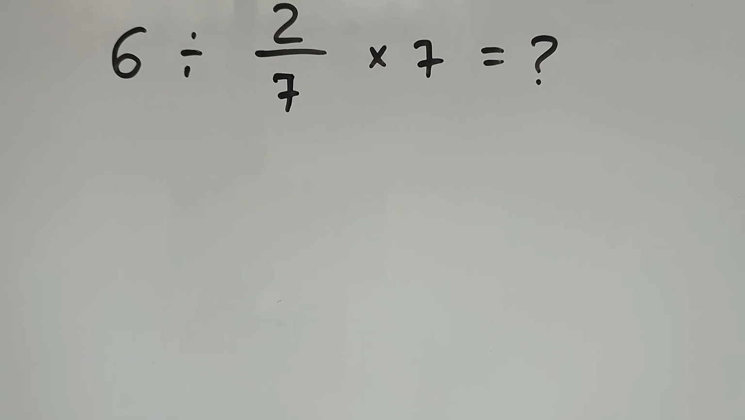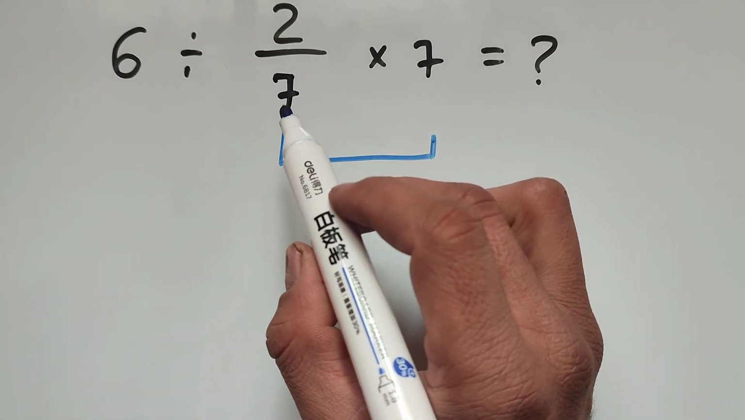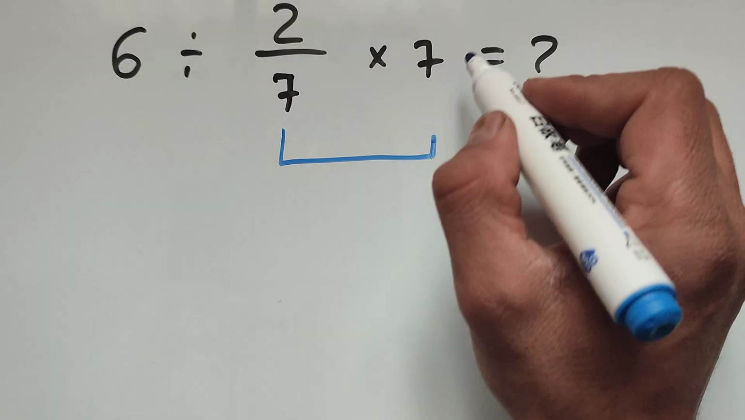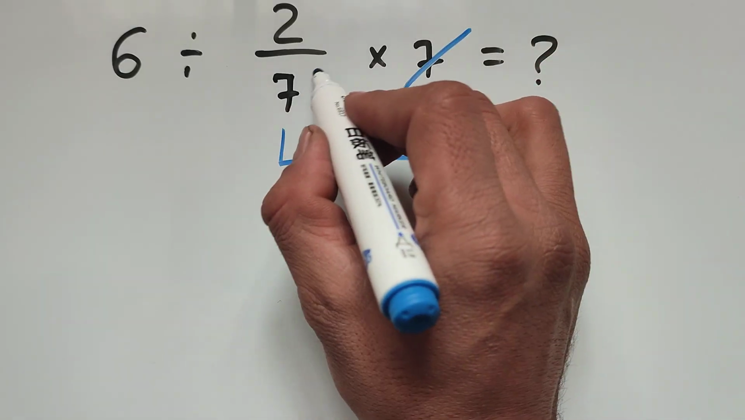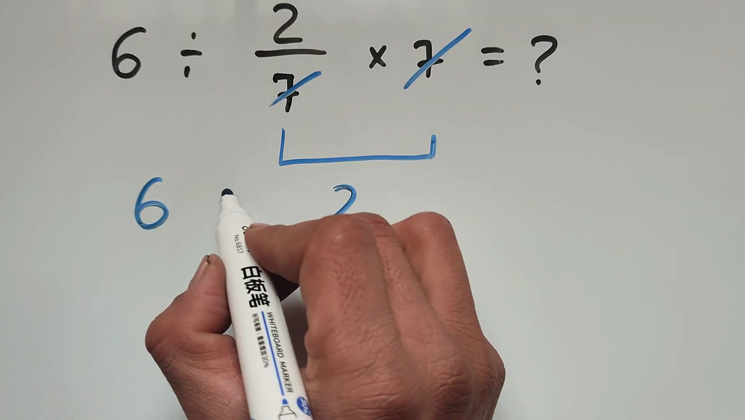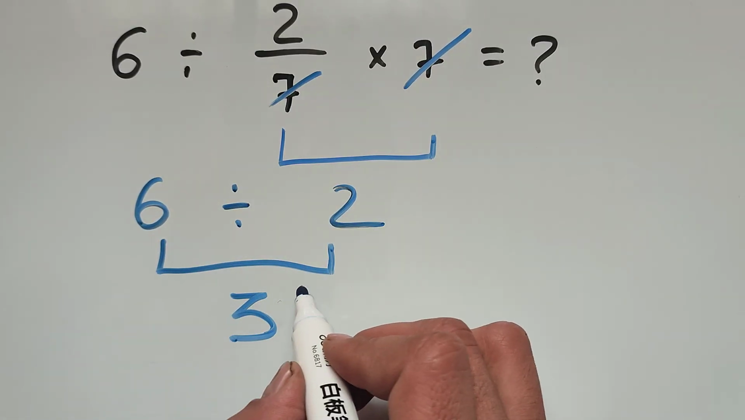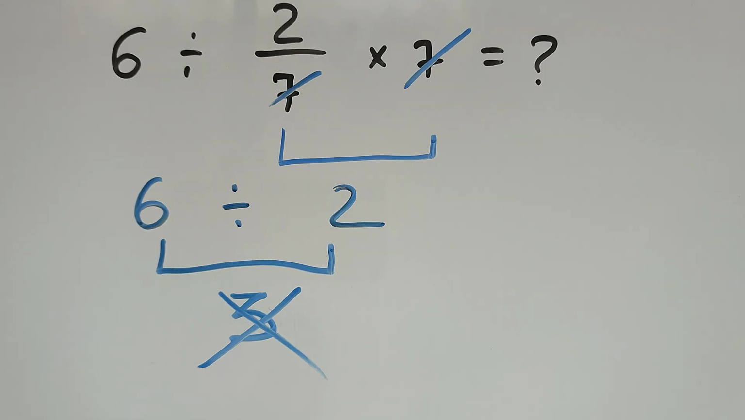Let's begin to solve this tricky math problem. First, we have to work this. 2 over 7 multiplied by 7. We can easily cancel this 7 and this 7. It equals 2. And 6 divided by 2 equals 3. But this is not the correct answer because